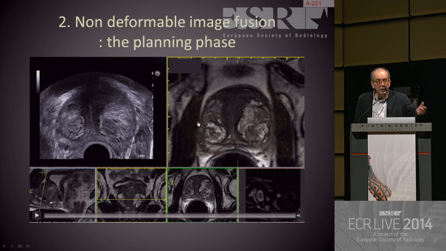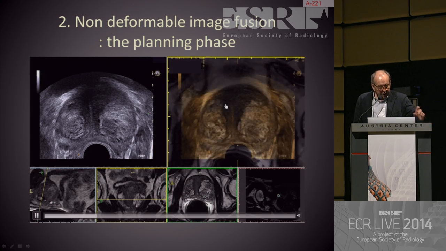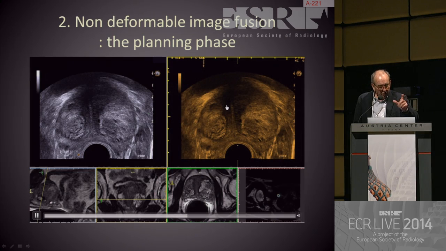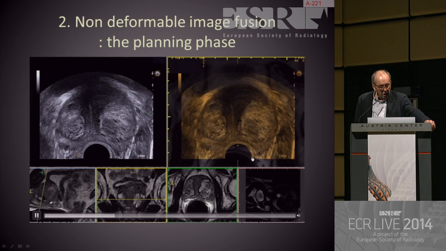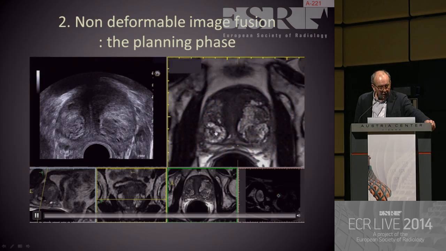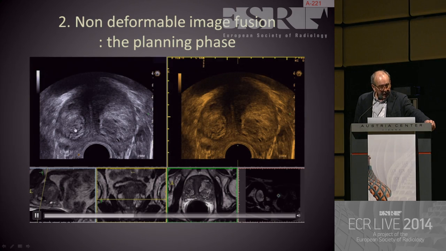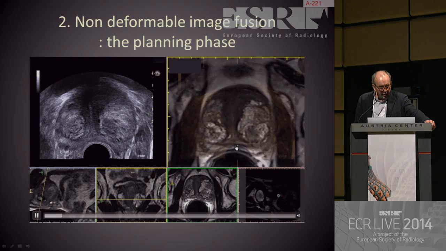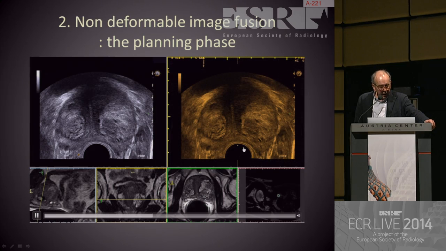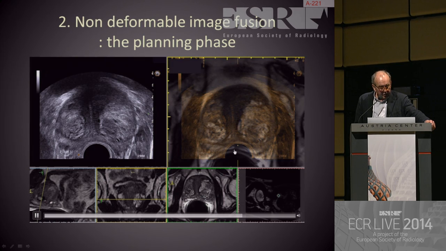Then you load the images within the TRUS machine, as shown by Bernd. This is the planning phase, and during the planning phase, you have to make sure that you overlay both organs. So you use internal markers, you use the prostate contour. Here you see this area on the right side, which is bright on T2, corresponding to the hyperechoic area here. In the middle of the prostate, you have the urethra. On the left side, you have this nodule, and posteriorly, you can see that both prostate contours do not overlay